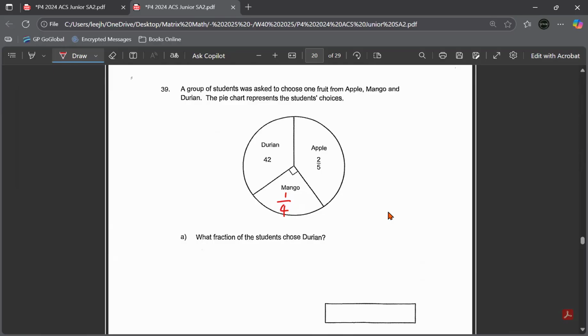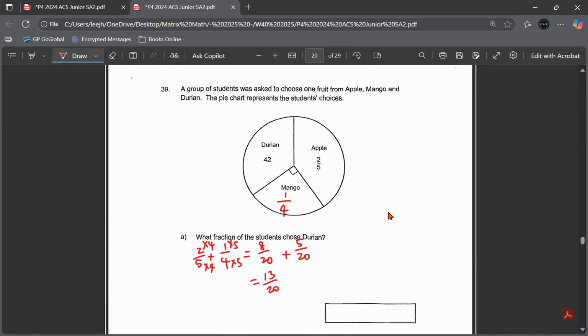The whole thing is one whole, but we only know the fractions for apple and mango. So we add up apple and mango: 2/5 plus 1/4. Make the denominator the same, which is 20. This times 5, it would be 8/20 plus 5/20,